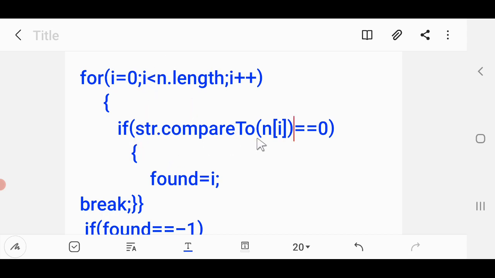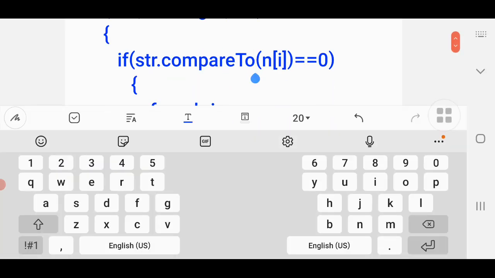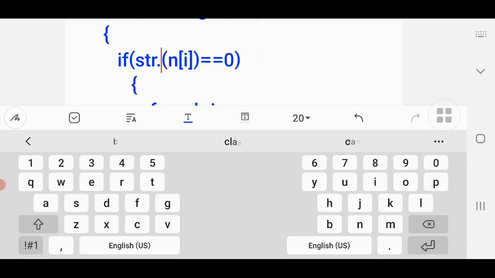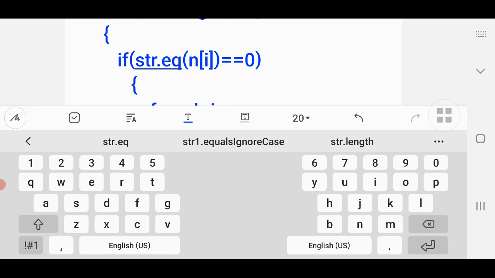Okay, so compareTo function, or if you want, you can use equalsIgnoreCase as well. So students, if I change this function to equalsIgnoreCase, that is also fine.